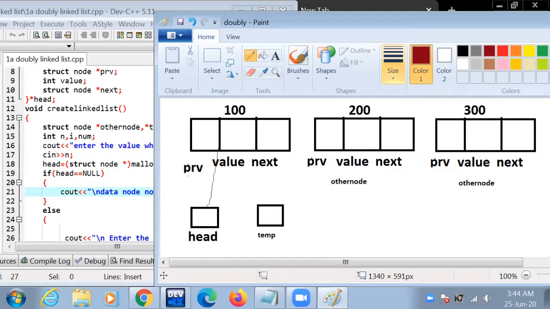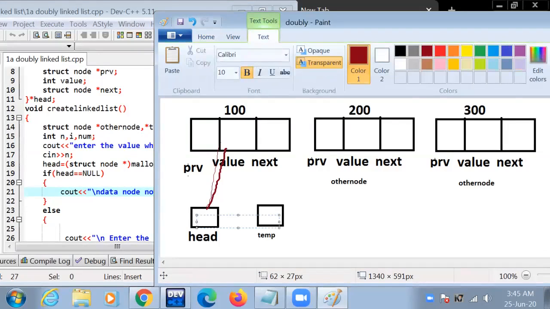The address of the node is allocated in head. There, 100 is allocated in head.